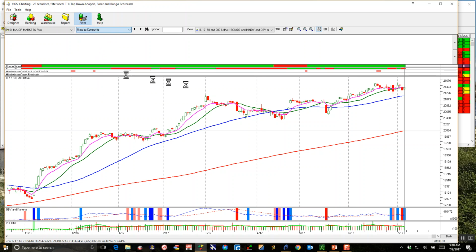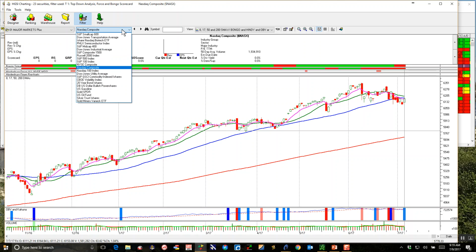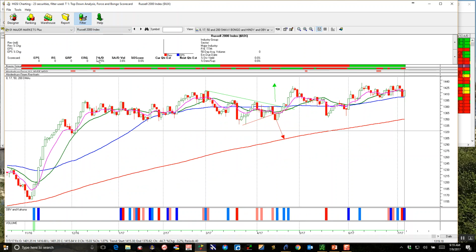NASDAQ, not so good. NASDAQ fighting to get back above the 50. All it takes is one more good day and we're back above the 17. It did have a kahuna. Volume looks a little bit on the lighter range on Friday, below its average. But the NASDAQ has little work to do. It should be pretty clear that that's what was the weakest. And the Russell, which had been the weakest,